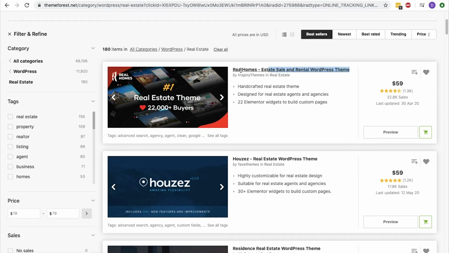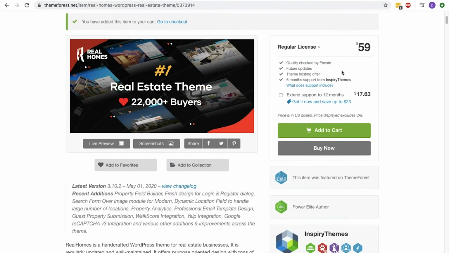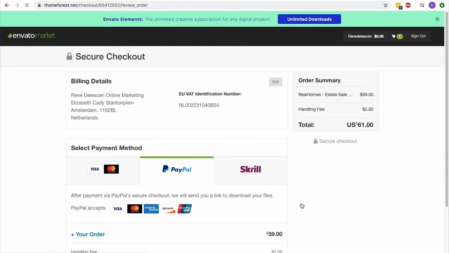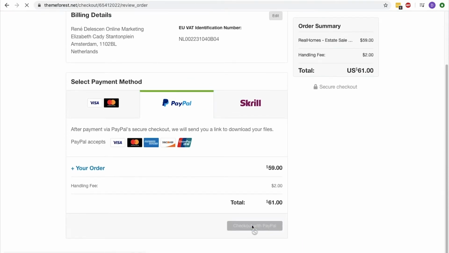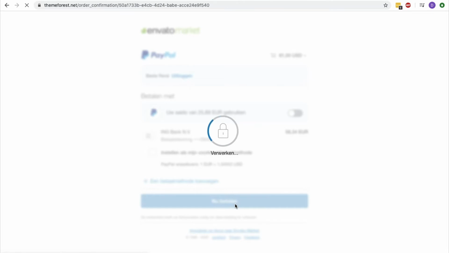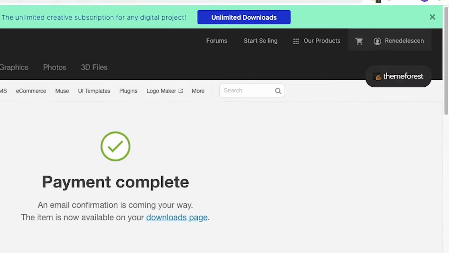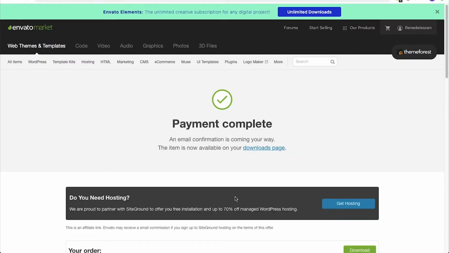Now we are going to pick the first one because the Realhomes theme has over 20,000 in sales, average of 5 stars, and is commonly known to be very popular in real estate. Do not worry about the price, it's a one-time payment, so you don't have to pay each year. Click on Add to Cart and follow the payment instructions. After purchasing your theme, you can hover over to your profile on the right upper screen and click on Downloads,